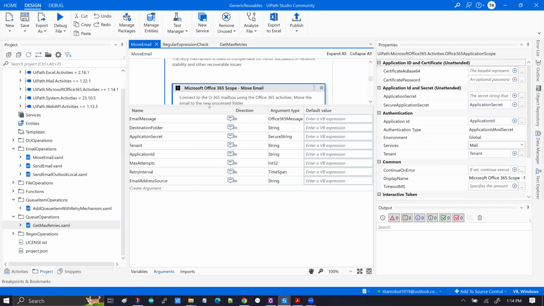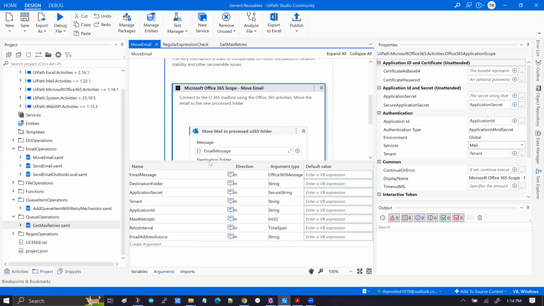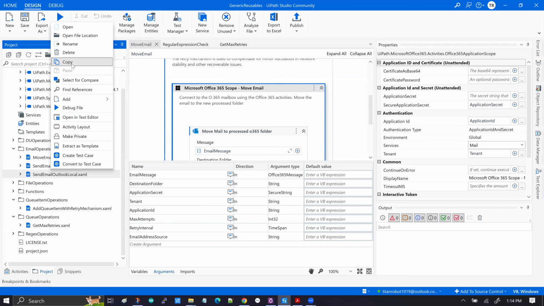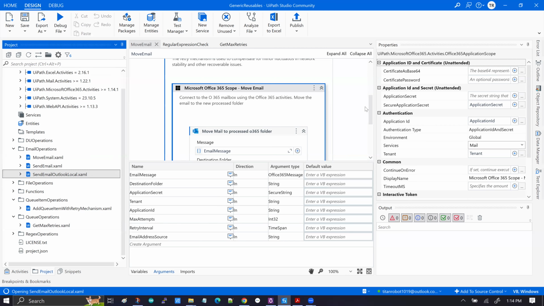Now, I do not have this information. I do not operate in this 365 scope, right? And therefore, I have not set up an application ID or an application secret. And many of us surely wouldn't have that either. And therefore, what I did was I implemented a more low-key method for those who are going to consume this